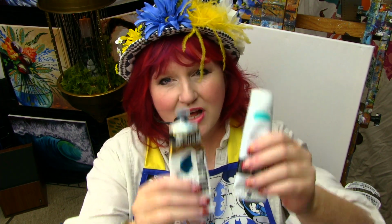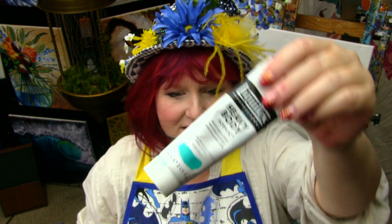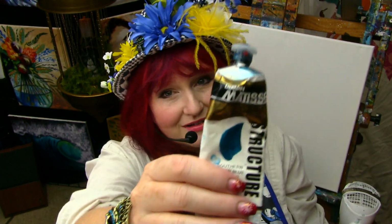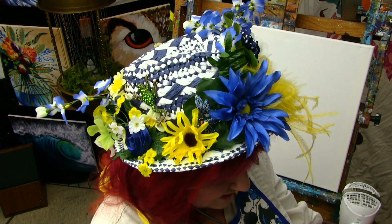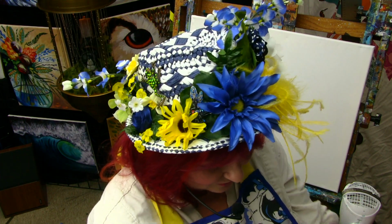And then the other two colors that I'd like you to have is either some type of aqua, some type of turquoise. This is Liquitex Bright Aqua Green. But you know I also love me some Southern Ocean Blue. So there's a lot of options out there. And then, of course, our Dioxazine Purple, our Phthalo Blue, our Cad Yellow, our Black,